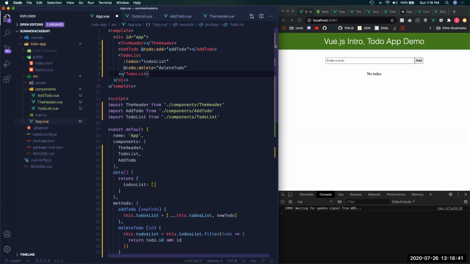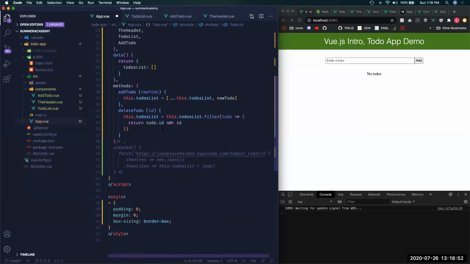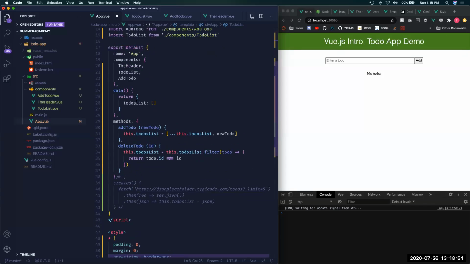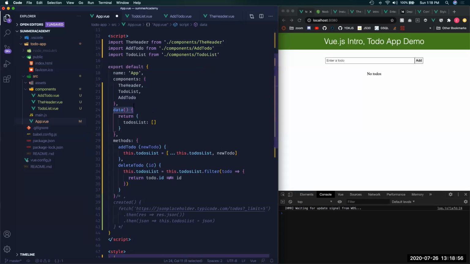Okay, so we've seen the header. Then let's talk about props and how you can pass data. So here, I have a data property. Make sure it is a function,